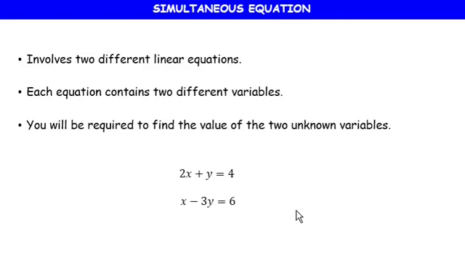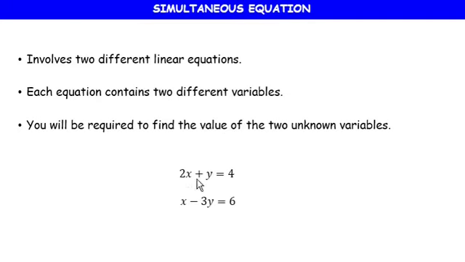Okay, so I think we've looked at equations and inequalities, right? So with simultaneous equations, it involves two different linear equations. So far the linear equations that we've looked at are all linear equations in one variable. That is, you have just one letter within that equation. But with simultaneous equations, each equation contains two different variables,